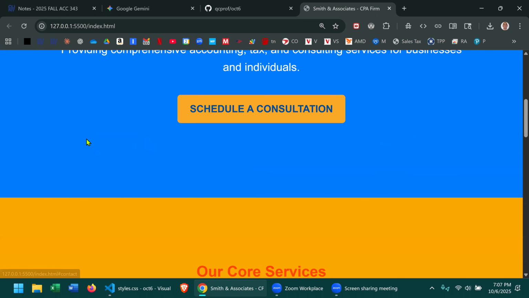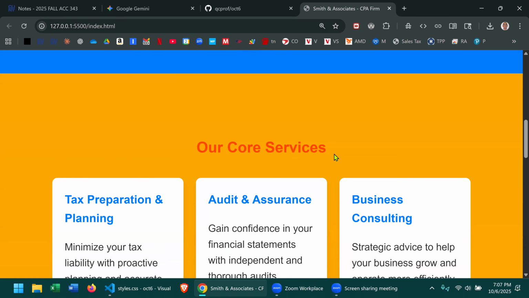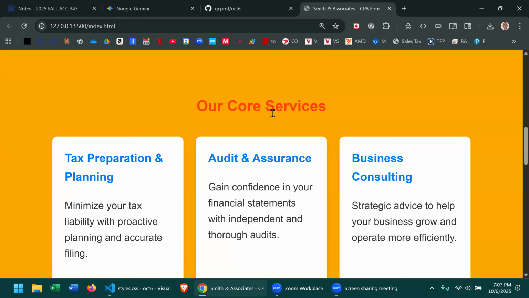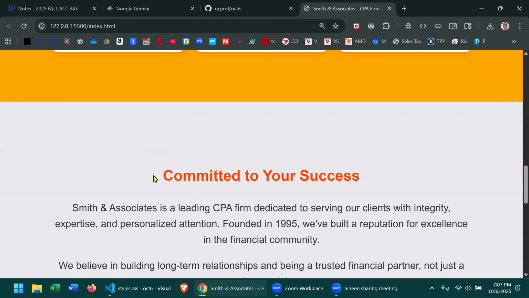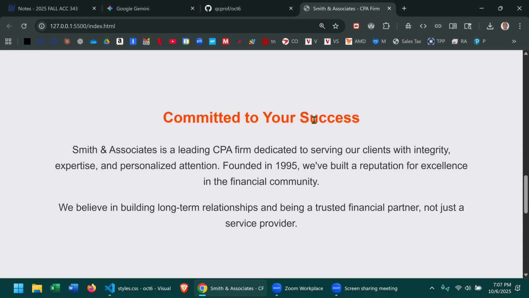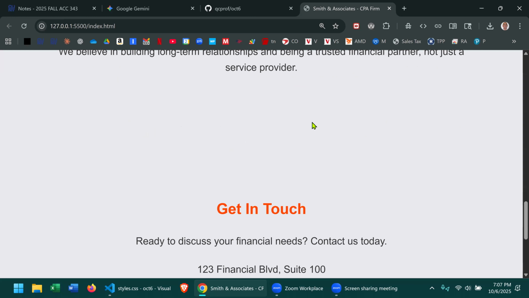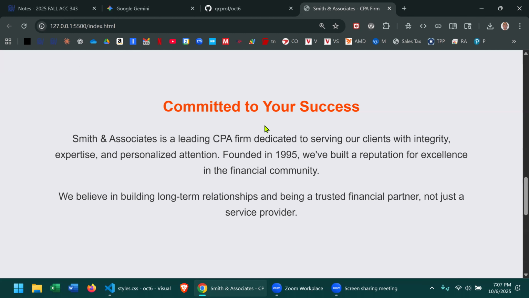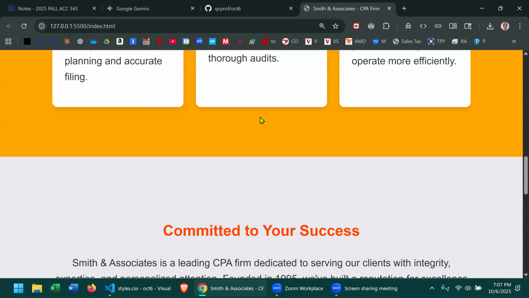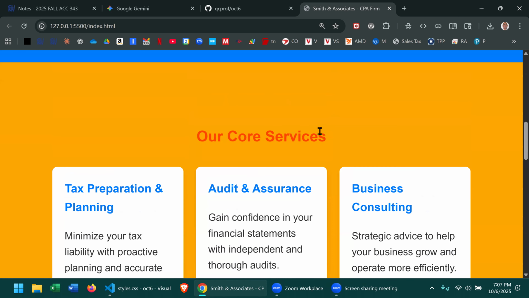Not this. So the first H1, H2 that I'm seeing is right here. And I thought that this also looks like H1, H2, H3 to me, and it was in blue, but for some reason this color did not change. And we'll find out why in a minute. And now this one is also dark orange red. So really in this document, only two places or three places: get in touch, committed to your success, and our core services. Three things